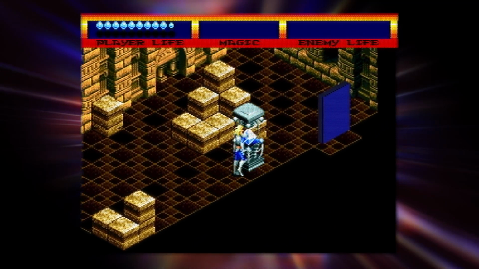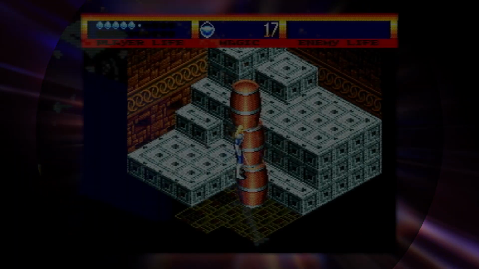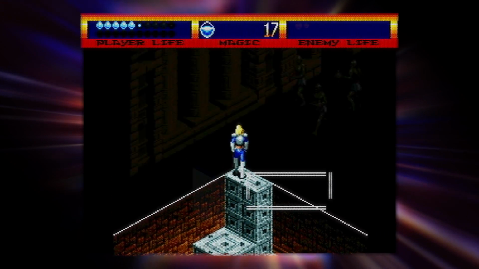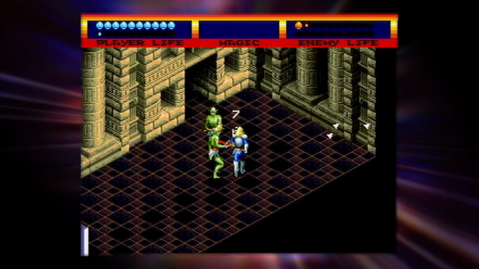Did I mention how much Treasure loves 3D? Look at that 3D door. Take a shot every time you see Treasure using the 16-bit hardware to do some funky 3D. Anyway, next room and you get goblins. Okay, sure, no problem, just gotta...